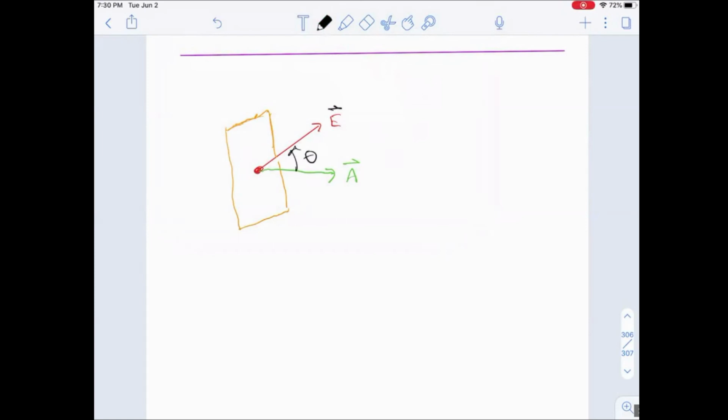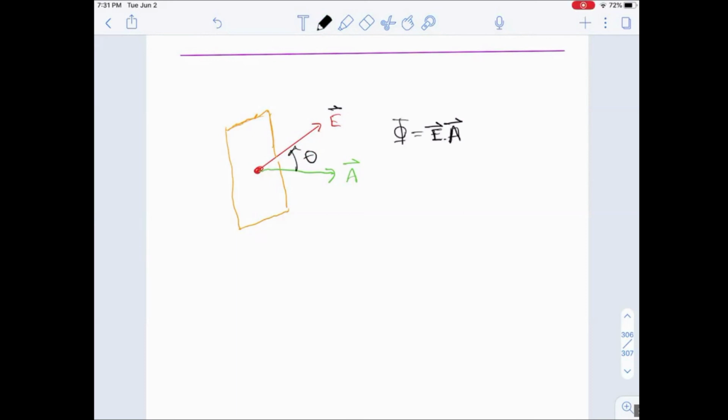Notice that 100% of the electric field is pointing in this direction. I'm only interested in the component of this along this direction. So the component of the electric field along the direction of the area vector is going to be actually small, right? The larger the angle is, the smaller the portion of the electric field pointing in this direction. So that's what the meaning of the flux is. So the flux is going to be represented in terms of the dot product of the electric field pointing in the direction of the area vector. So that's the component of the electric field intercepted by the area